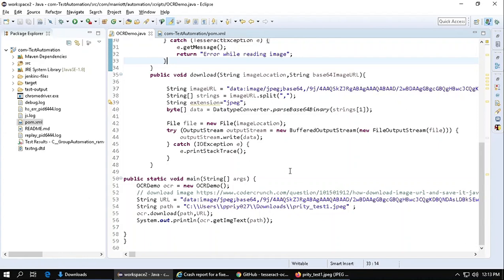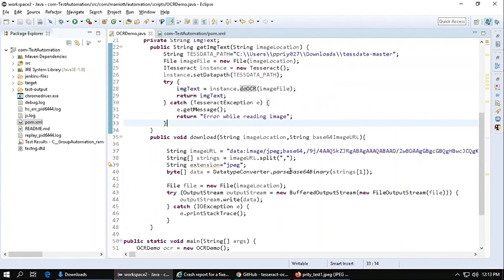But for now, I thought sharing this information will really be helpful for a bunch of people, because generally in corporate, there are a lot of scenarios where we say, okay, this cannot be automated. But OCR will help you unblock those corner cases, and it is really good, guys. So give it a try.